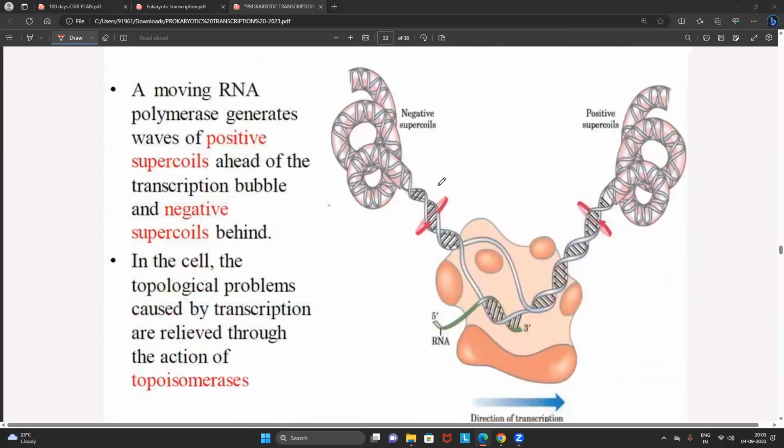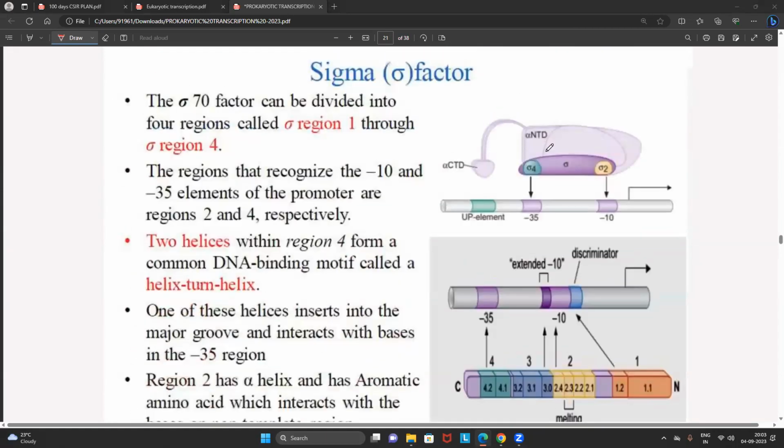Now, we have also studied very clearly, friends, that if the RNA polymerase enzyme wants to start the process of transcription, first of all it has to come and attach to the promoters. And RNA polymerase enzyme never attaches to the promoters directly. It requires the help of a protein. What's the name of that protein? We call it the sigma factor. Please don't forget that.